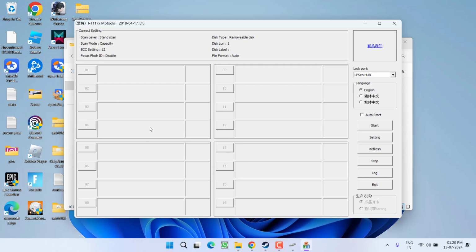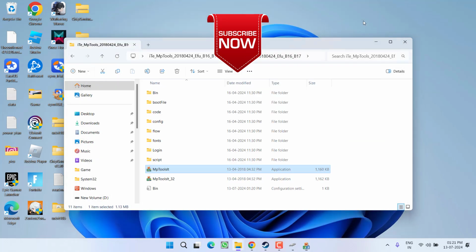Now here in this menu the USB drive will be automatically selected and the 01 option will automatically change its color to blue. Once it is changed to blue, all you need to do is click on the option Start. As soon as you hit Start, it will start to repair your disk, and it will take from 30 minutes to several hours to fix the issue. So you need to wait patiently while this software scans and fixes your USB flash drive, which in turn will help you fix the issue of USB flash drive no media.